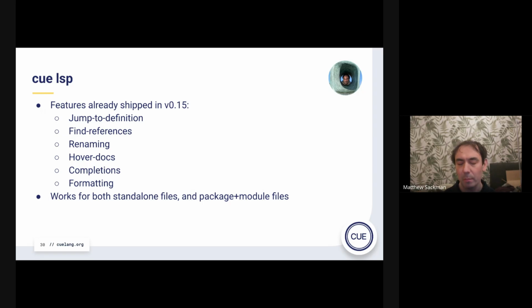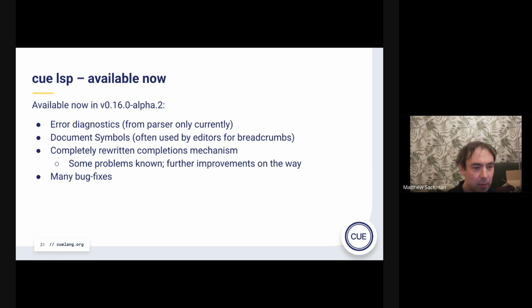You had to have something that was non-white space, and it would predict from there onwards. So that has now been completely rewritten. It's not perfect. We're aware of some bug reports on it, and I will be working on that. Hopefully it will be polished by the time 16 comes out in its final form.